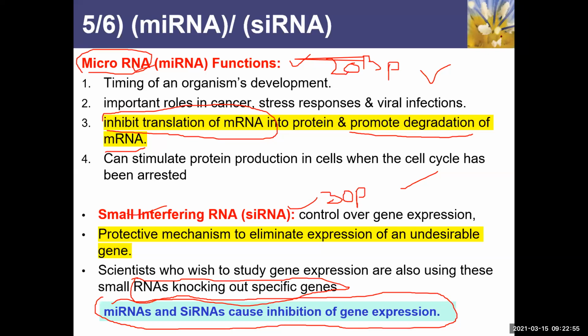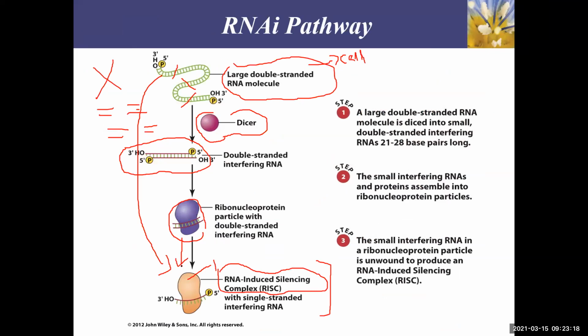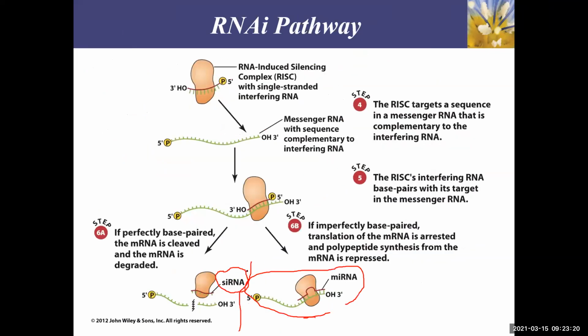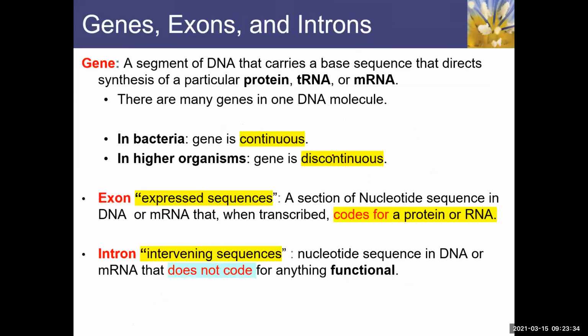Structurally, both the RNAs are similar. I told you the similarities between microRNA and small interfering RNA. Both are around 20 to 30 base pairs long, both control gene expression, and both can form the RISC. But the difference I told you is that one causes the degradation of the target mRNA, while the other simply causes imperfect base pairing, and as a result the gene is silenced. That was all about